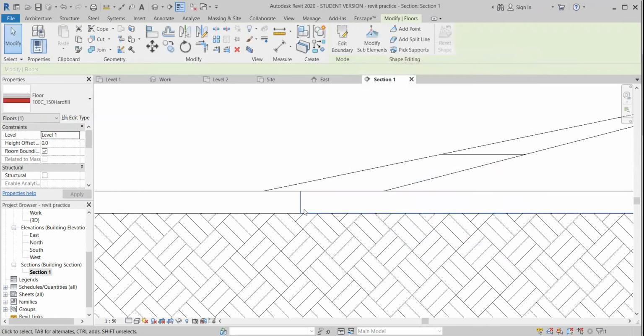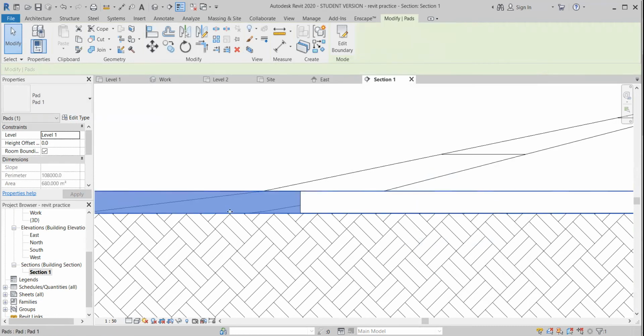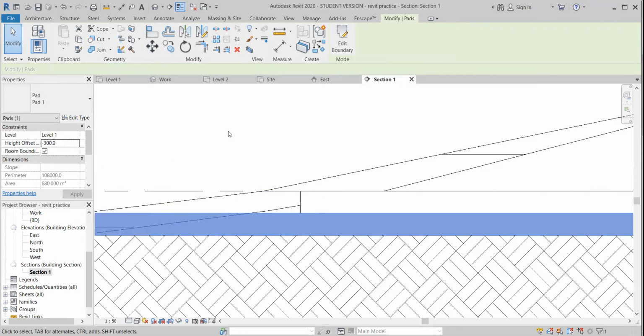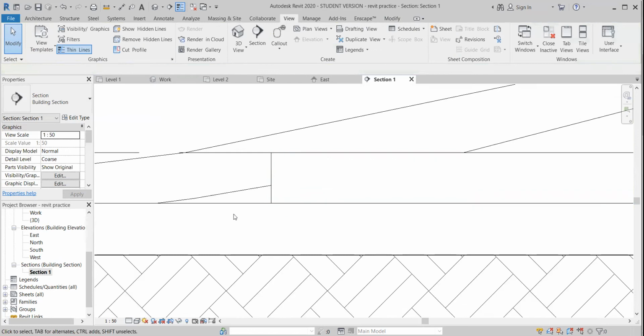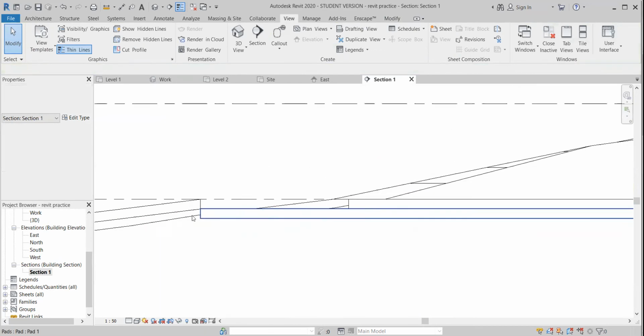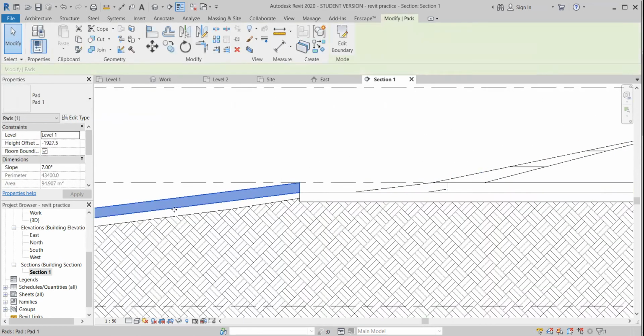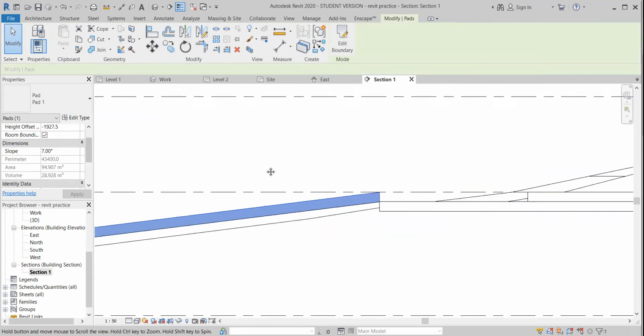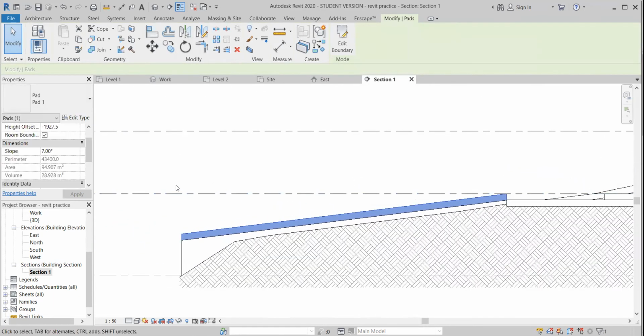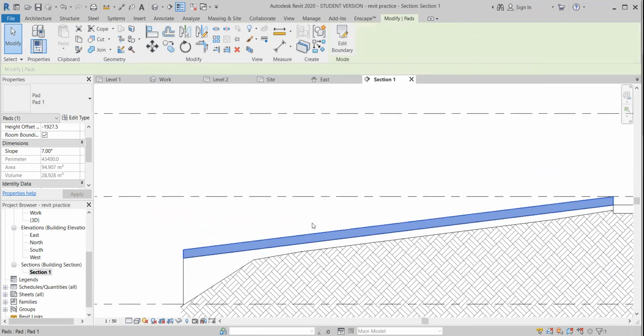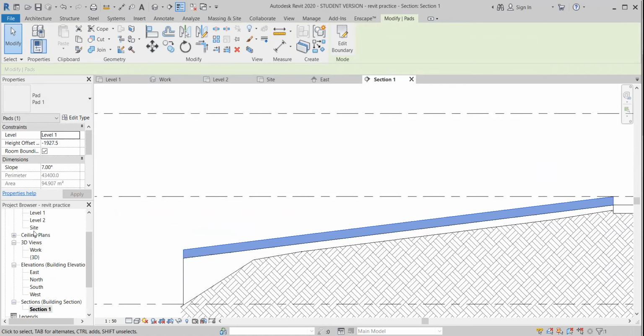So if I go OK, since our thickness of the floor is 300, what I can do to drop this down is go on the height offset, go minus 300, and it should be nice and flush, sitting with our floor. You want to do the same thing for your other building pads as well. Again, I'll just change this back. So if I go back onto the site,